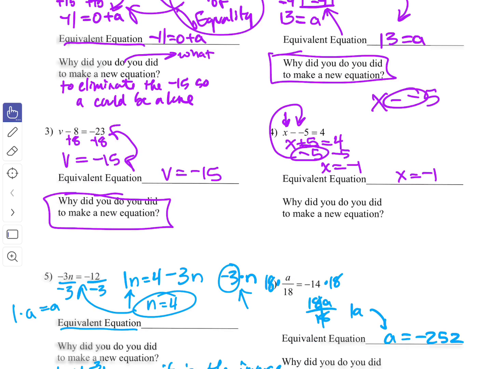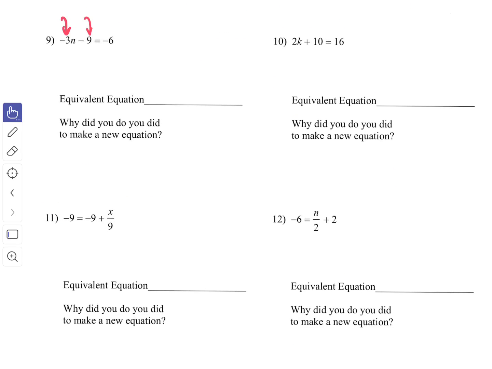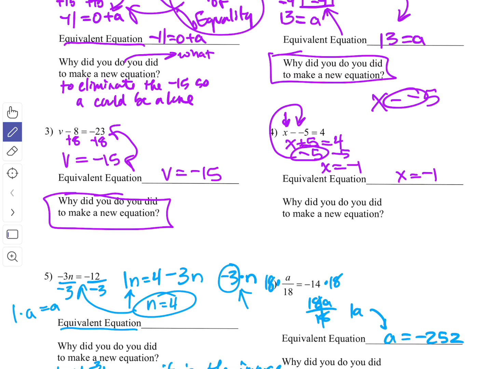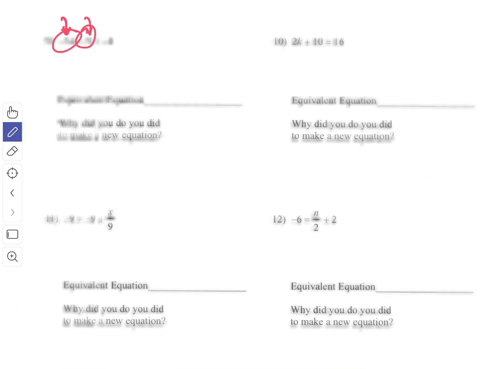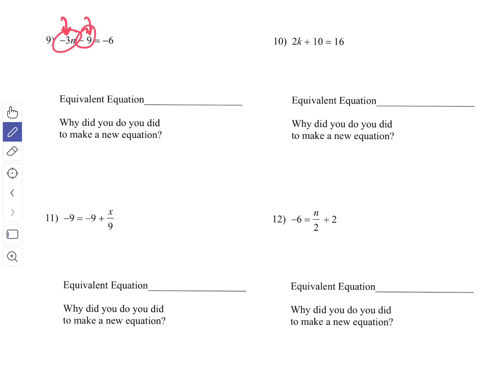And the idea here is that we're basically adding two things together to make an equation, okay? So we've got a multiplication and we've got a subtraction. Just like if we look at question number 3 was a subtraction and number 5 was a multiplication, okay? So we've just taken those two concepts and we've put them together to create a more complex equation, okay? But the same idea here is that we are creating an equivalent equation to make it more simple,